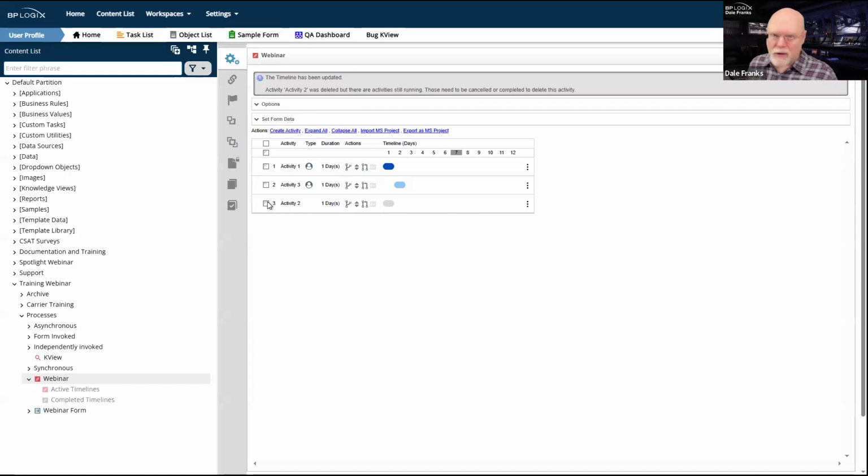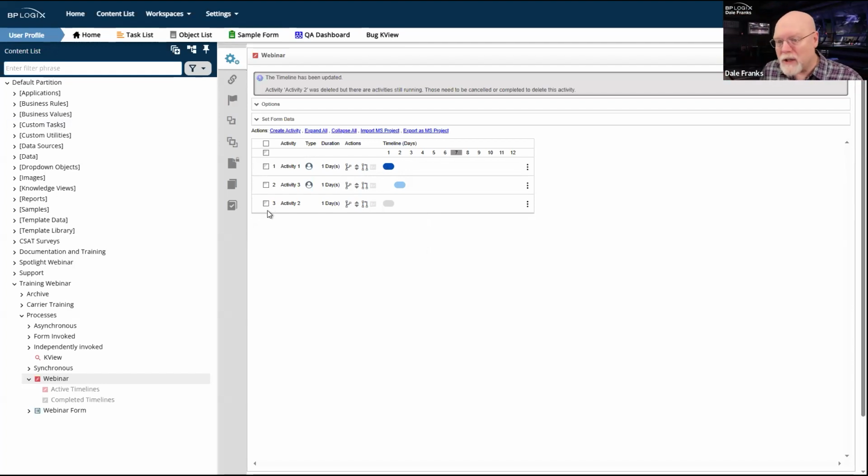re-delete activity 2. And nobody should be in activity 2 because my new process timeline is going from activity 1 to activity 3. This activity still exists, but it's basically an orphan activity. In fact, notice it's gray here. So this activity is only going to stick around and is only going to be used for running activities. So I will be able to come back and delete it. And until I come back and delete it later, it's never going to run again. My process timeline is going to now go from activity 1 to activity 3. And that's cool. That's easy. All I have to do is just get out of activity 2 and I can come back and change this.